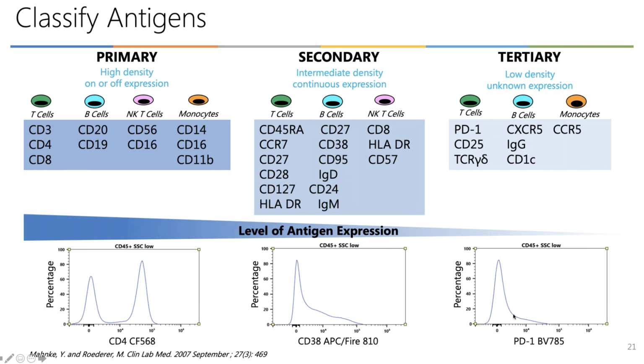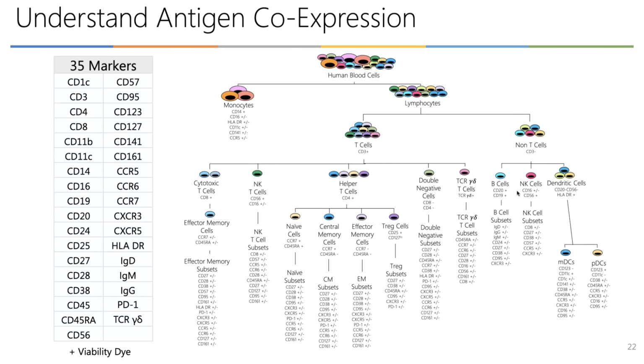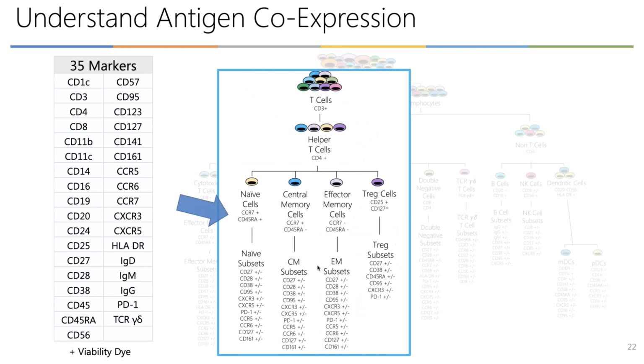For example, PD-1, that depending on the donor, I know that in certain diseases the expression will be super high, but in normal donors we don't have such a high expression, so I classify it as tertiary. So with this already in mind, plus researching the literature and understanding what markers are going to be key at subsetting the cells of interest, I came up with this cartoon where I know exactly what to expect in terms of co-expression for different subsets of cells. And so if I show you, for example, what I'm going to be doing with the CD4 T cells,